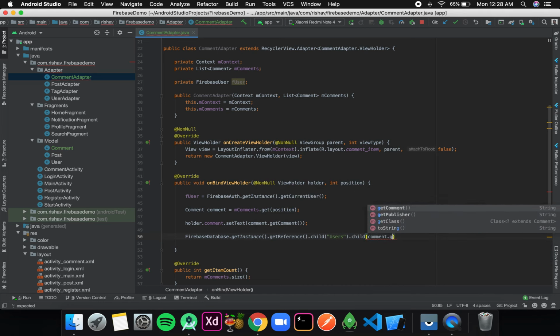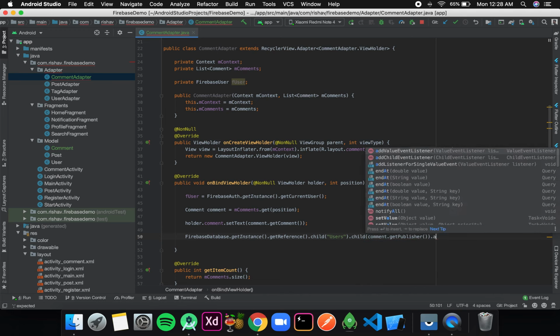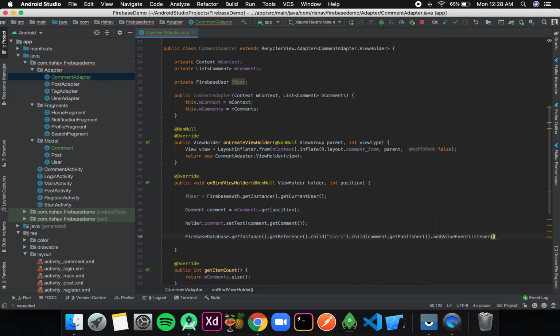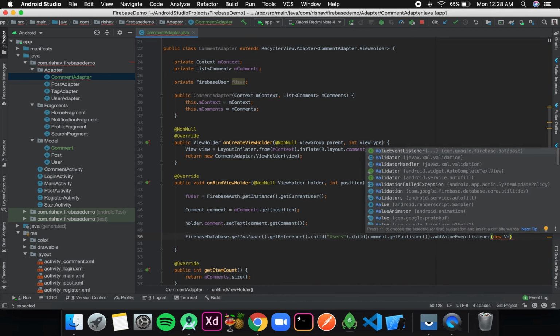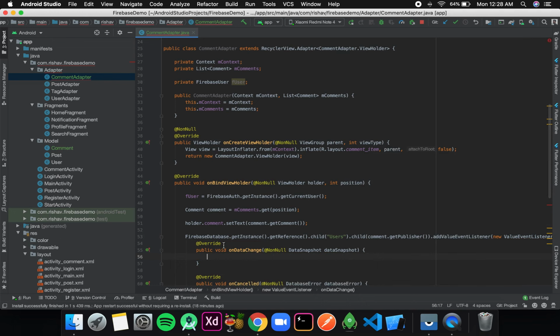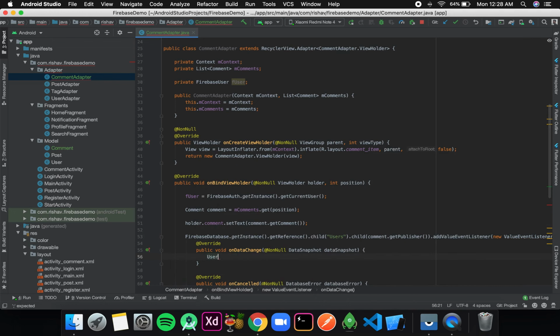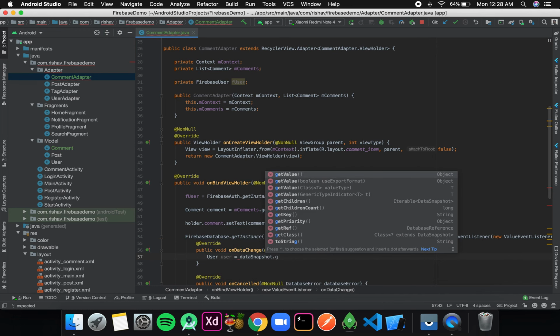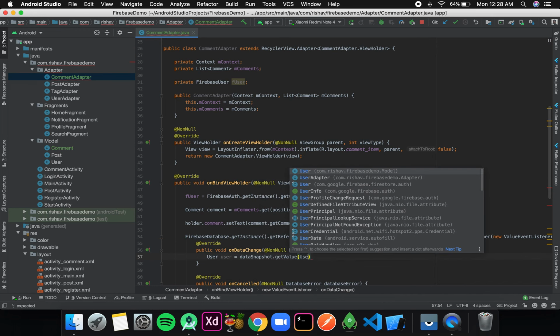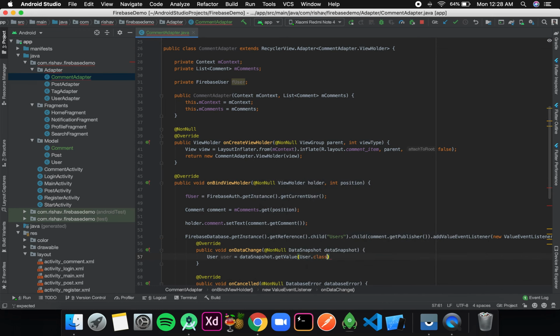comment.getPublisher().addValueEventListener, new ValueEventListener. Okay, and over here I'll get the user: user is equal to dataSnapshot.getValue, and the value is User.class.